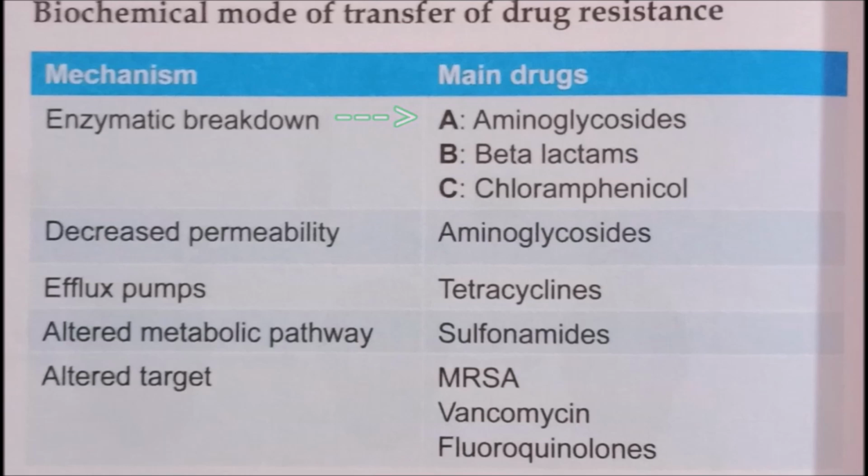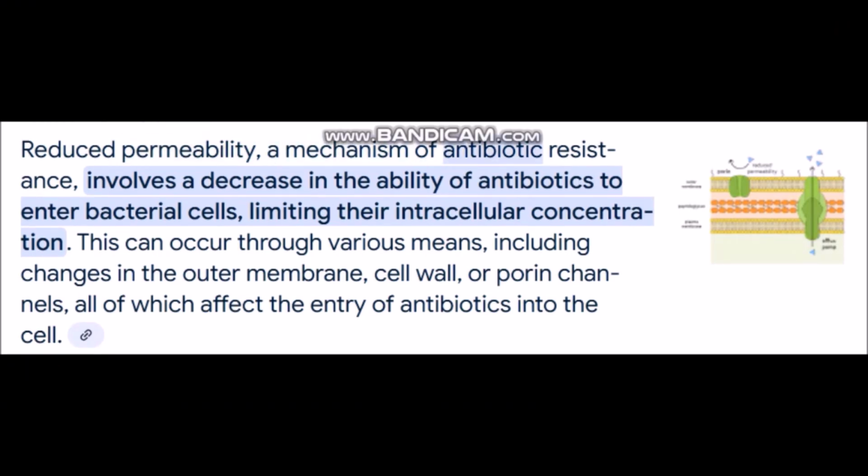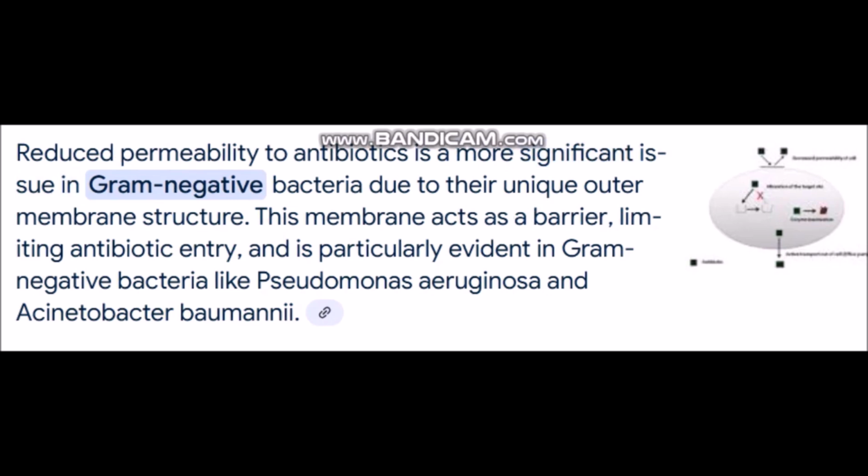The next mechanism is decreased permeability. Reduced permeability, a mechanism of antibiotic resistance, involves a decrease in the ability of antibiotics to enter bacterial cells, limiting their intracellular concentration. This can occur through various means, including changes in the outer membrane, cell wall, or porin channels, all of which affect the entry of antibiotics into the cell. Reduced permeability to antibiotics is a more significant issue in gram-negative bacteria due to their unique outer membrane structure. This membrane acts as a barrier, limiting antibiotic entry, and is particularly evident in gram-negative bacteria like Pseudomonas aeruginosa and